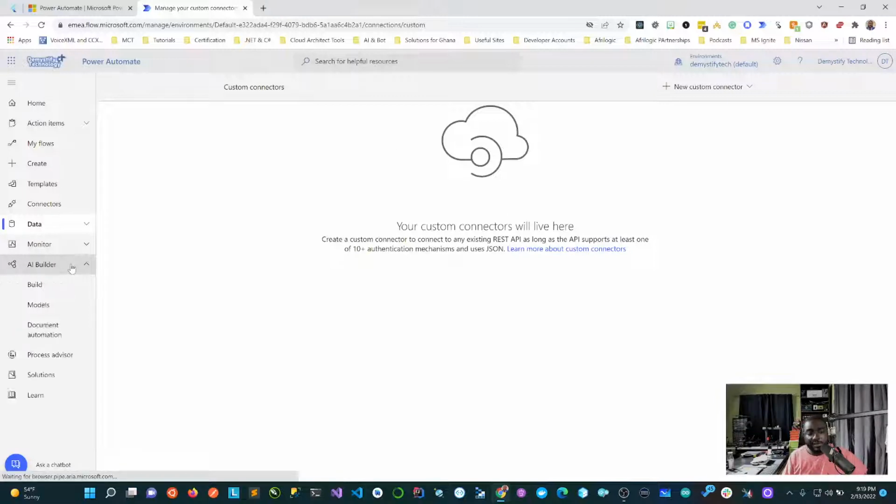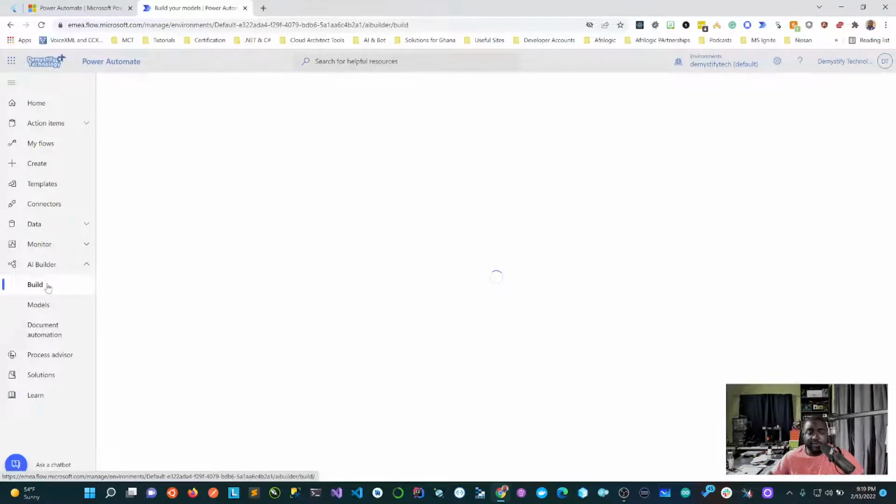Then the cool part is the AI Builder. Like I was saying, we're using the AI Builder in our current episode, where we're going to build AI models, bring them in, and then leverage them. It's actually interesting because if you go to the AI Builder and click on build, this is where you can use the AI Builder tools and forms to create custom AI models right within the whole Power Automate environment. Once you're done, you can use this in Power Automate or in your business flow. Let's give an example. Let's say anytime purchase orders are coming, you have to scan them, attach them to some file, and try to extract the data to do something.